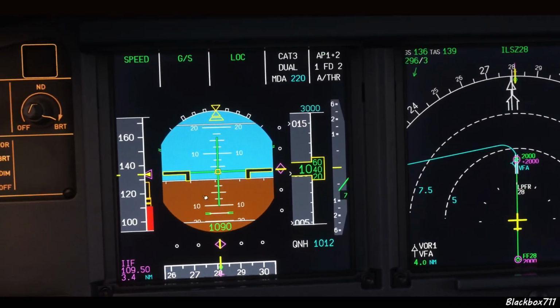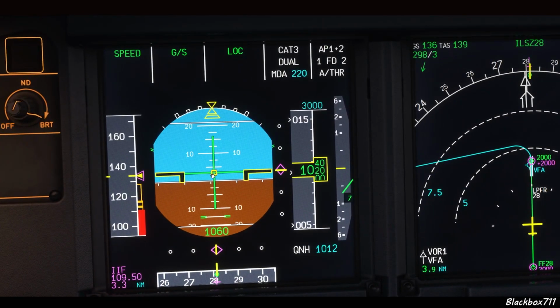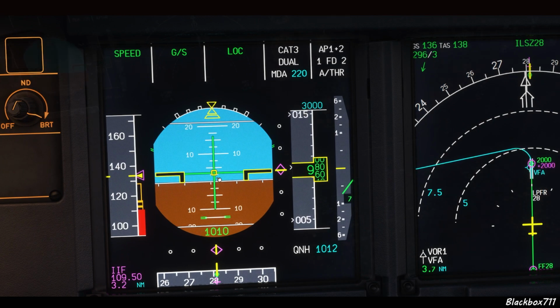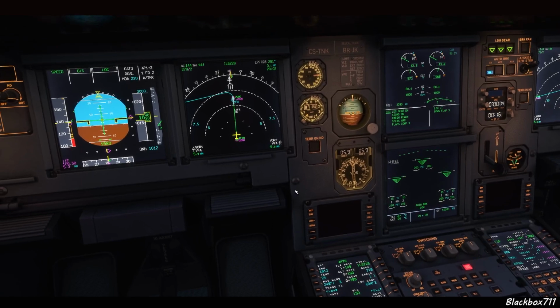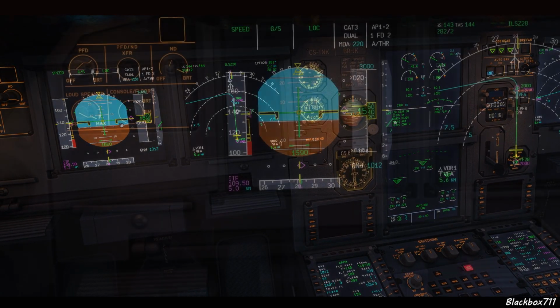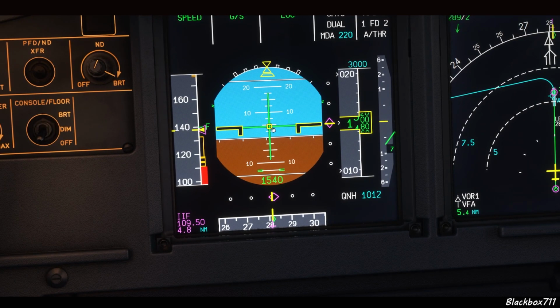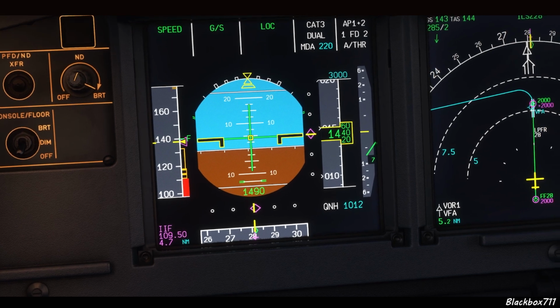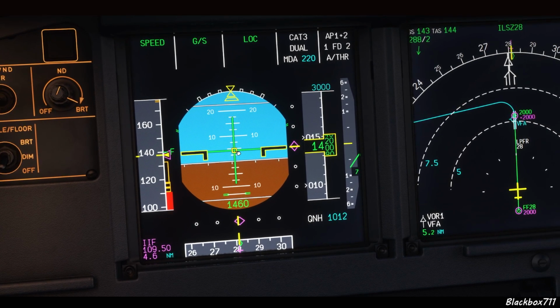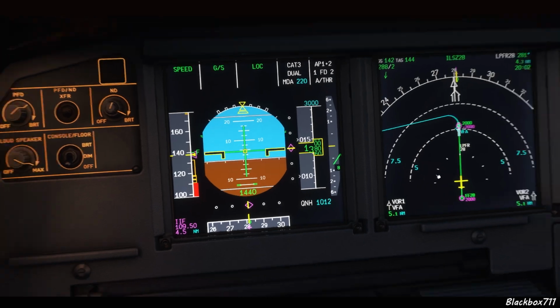Now we're not talking about a huge difference in pitch, so to show you that here in an example, config 4 gives you about 2.5 to 3 degree pitch, while the config 3 will give you around about 4.5 to 5 degree pitch angle during final approach. Not a huge difference in numbers, however, when it comes to the tail strike clearance, it can make a substantial